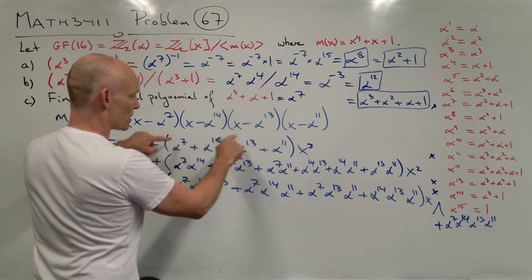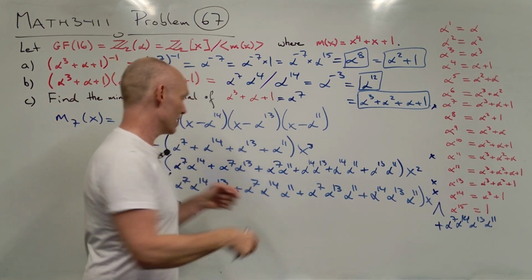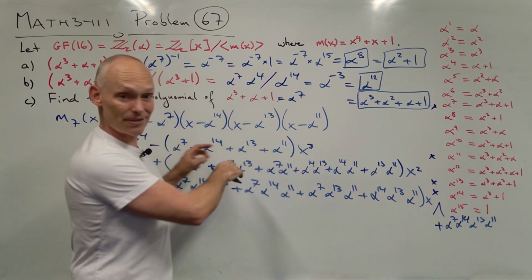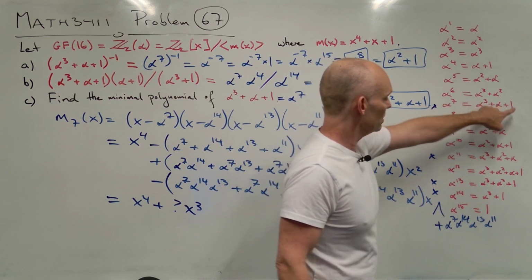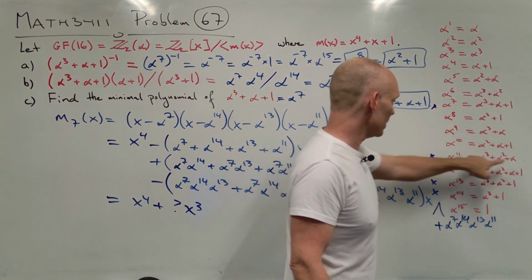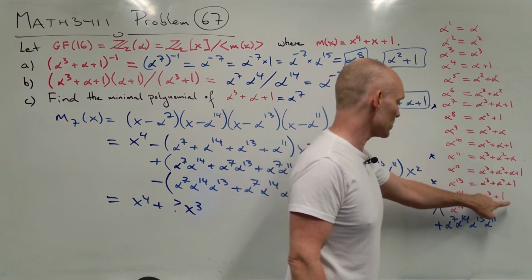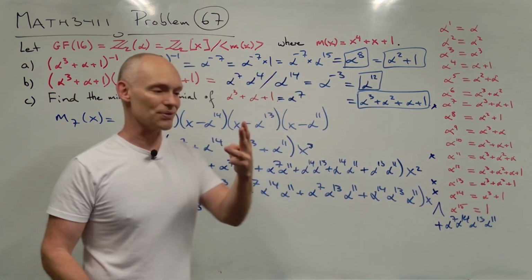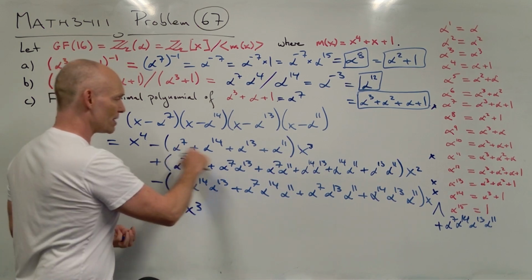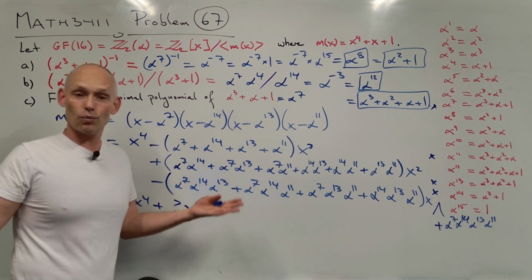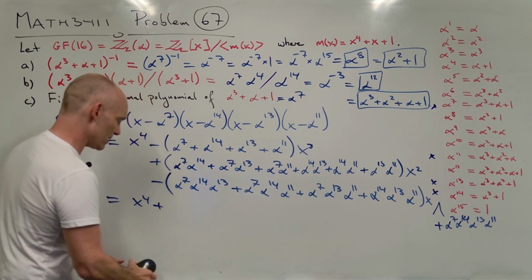Alpha to the power of 7, 14, 13, and 11. If we add them together, well, we've done most of the addition there, but we just have to look at their constant term and add them together to get that last little piece of information. Alpha to the power of 7, well, it's got a 1 there. Alpha to the power of 11 doesn't have a 1. Alpha to the power of 13 does have a 1, and alpha to the power of 14 does have a 1 as well. So we've got 3 1s that we get from taking those terms and multiplying together. In fact, the sum of all of those 3 terms is indeed just 1. Okay, so apparently we have a 1 in front of the x cubed,